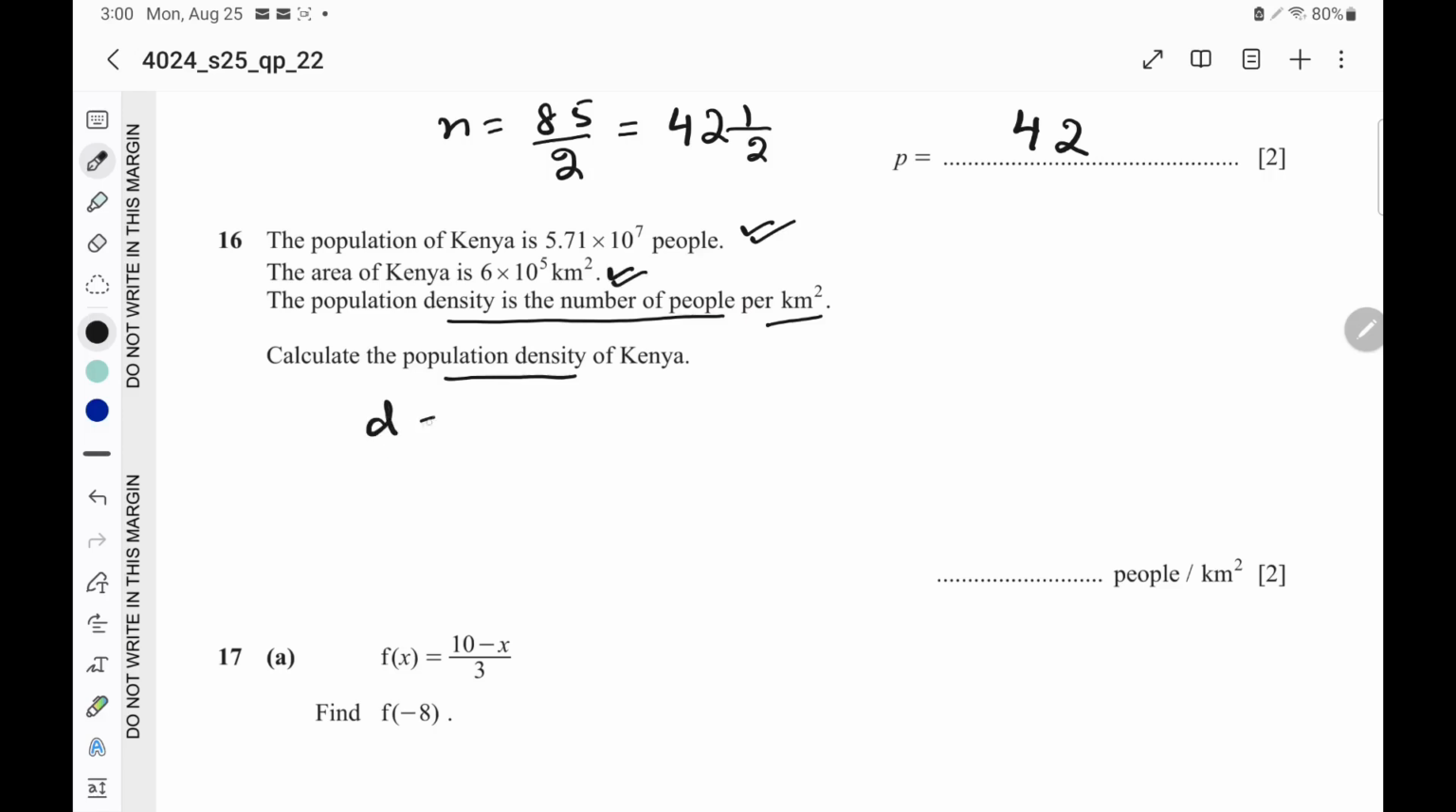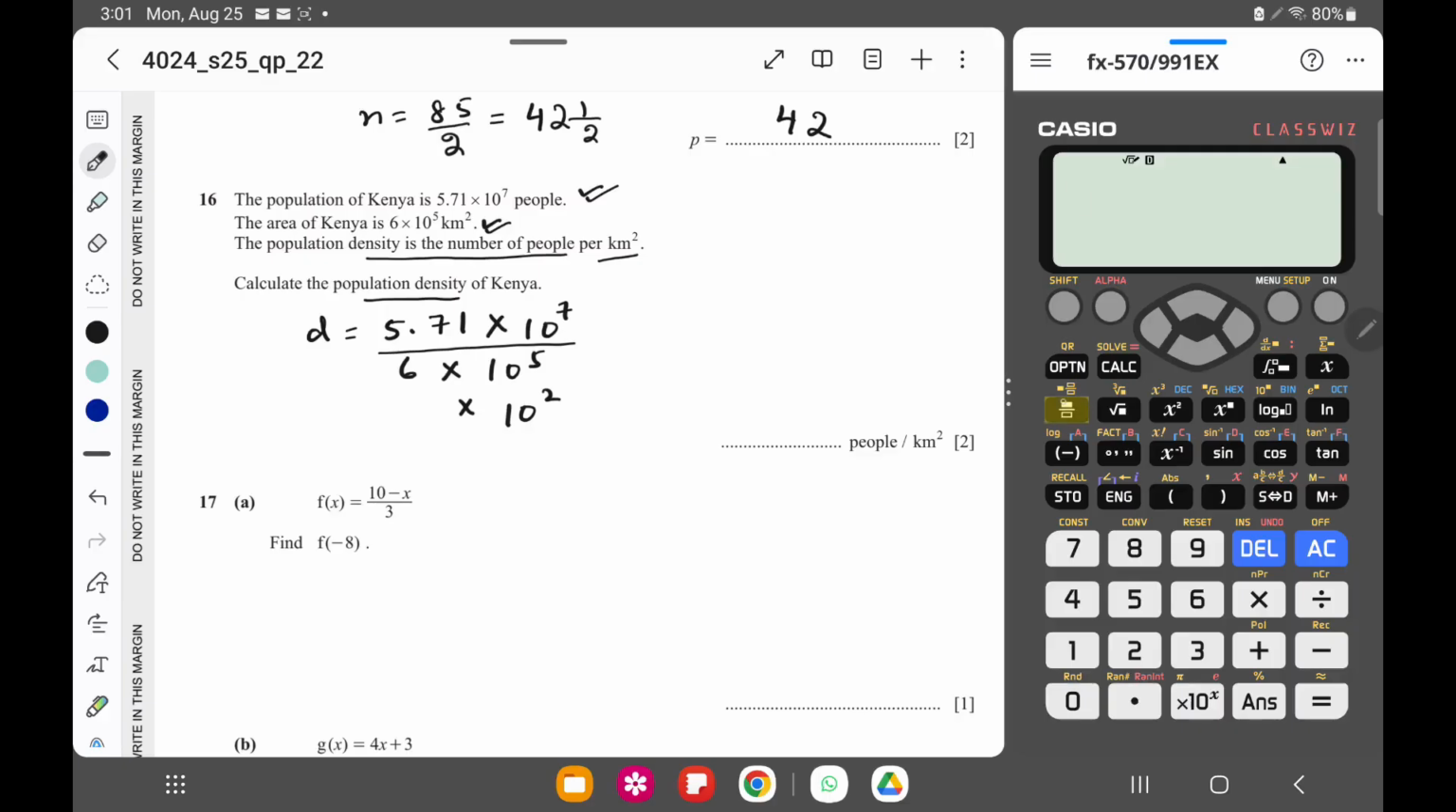So density is equal to the number of people, 5.71 times 10 to the power 7, and per kilometer square means 6 times 10 to the power 5. So with 7 and 5, obviously we have 10 squared. Calculate how much is 5.71 divided by 6. So 5.71 divided by 6 is equal to